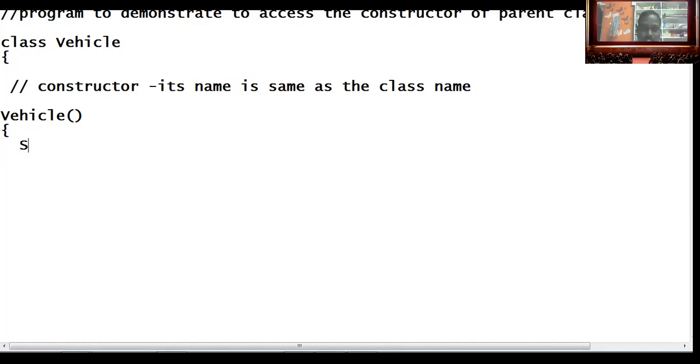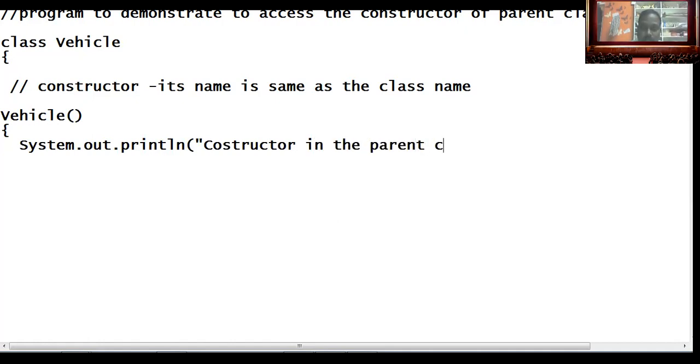Here I'm going to write the statement System.out.println("constructor in the parent class"). I'm giving small programs only, not big programs.